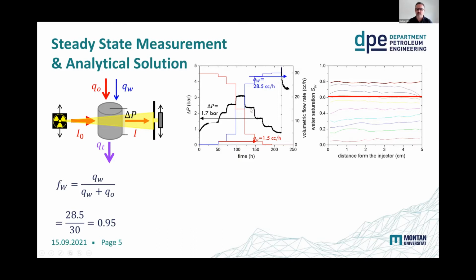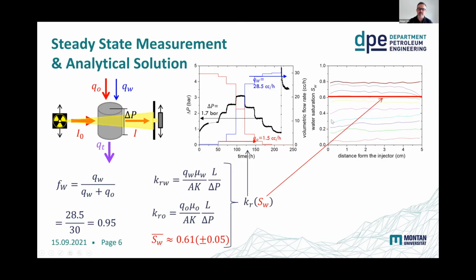Sometimes people get this just from sampling and from looking at what comes out, additional production, so to say. But typically what is used is an X-ray source and a detector. And with this, we can get saturation profiles like you see here for different fractional flow steps. So if we have that, then we can use an analytical solution and make our life very simple. We can, for example, use simply Darcy's law. We know all the other parameters, and from the delta P, we can calculate the relative permeability of water and